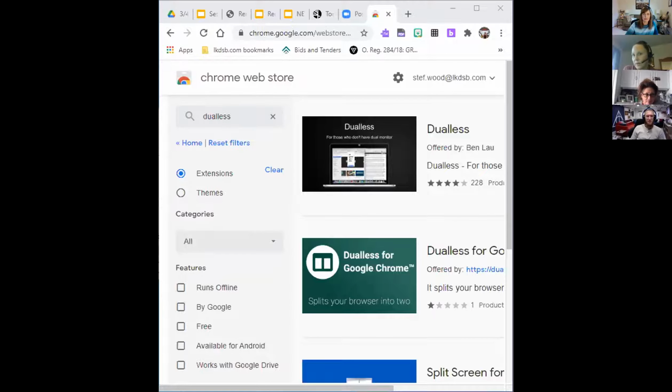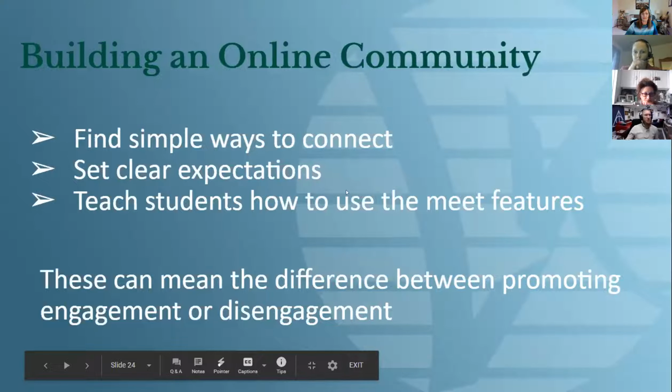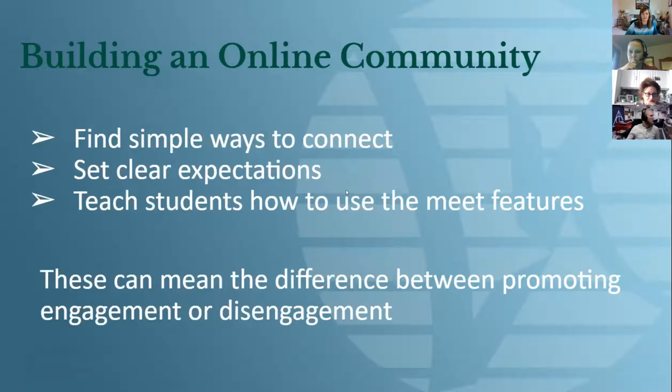Any other ideas or key learning? I don't know if this one got shared, but one that I use a lot is, let me find the actual name of it. It's a paint one, Web Paint. Okay, what does it do? Web Paint is an extension that lets you draw on web pages, which is really nice.